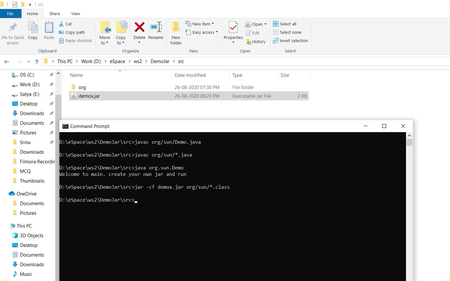Cf is create file and e is for entry point. So cf, create file with entry point. My jar file name is demoy.jar. And what is the entry point? That is my main class, where my main method is. That is Demo.class, so let me give the fully qualified name.